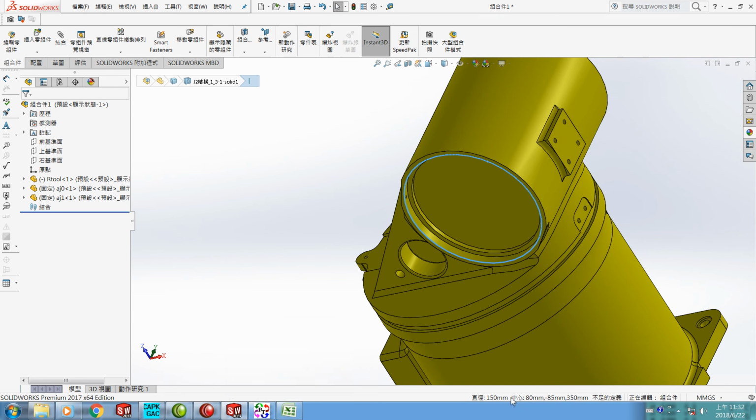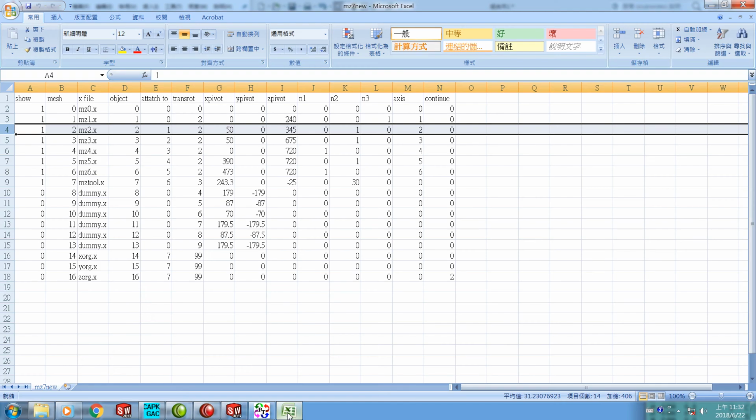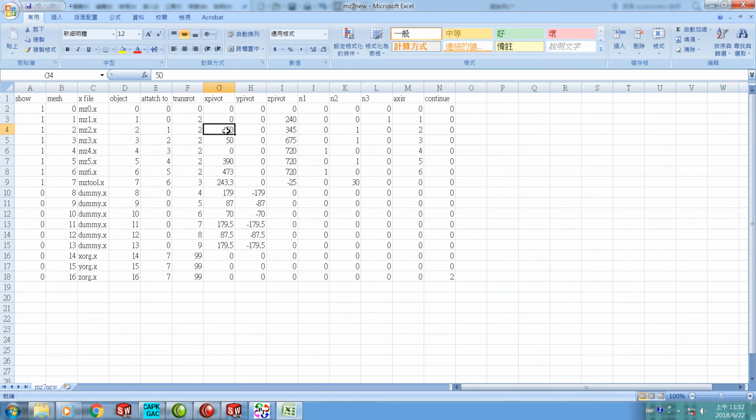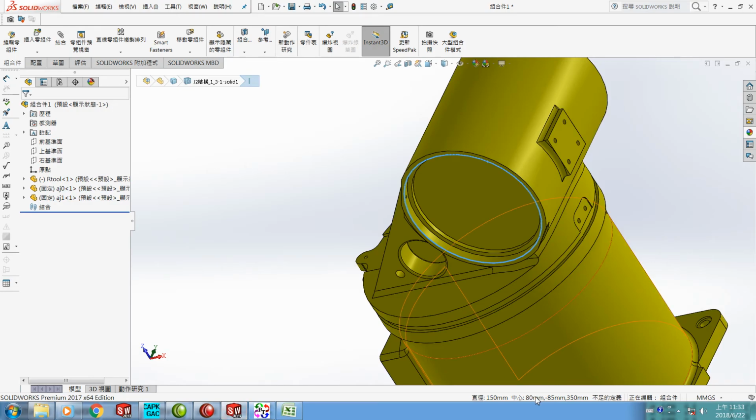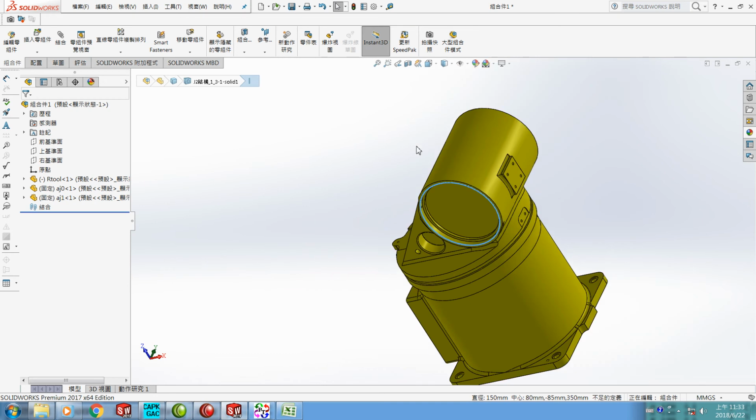$80 to 350. So here is wrong. So we have to change 50 into 80, and this one is 250, 350. $80 and 350. 80, 350. Okay, so then we continue